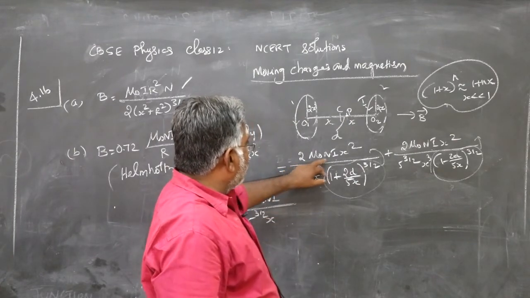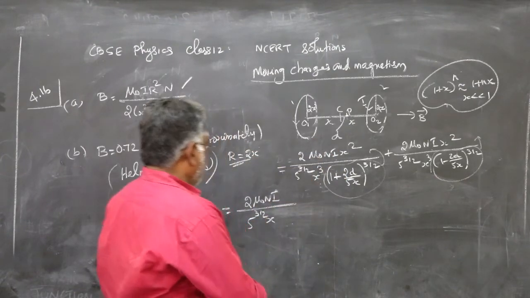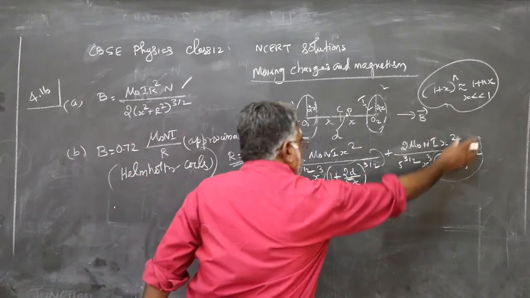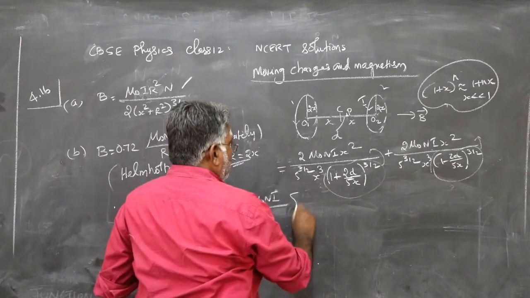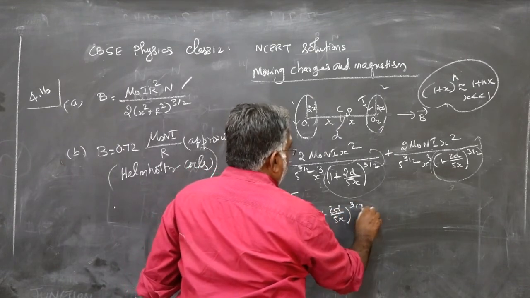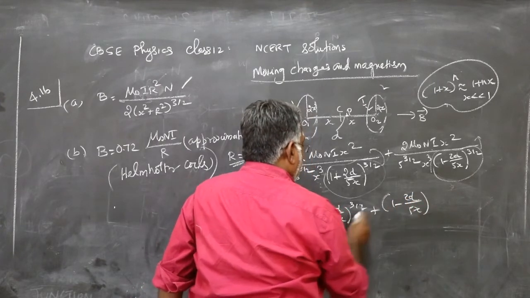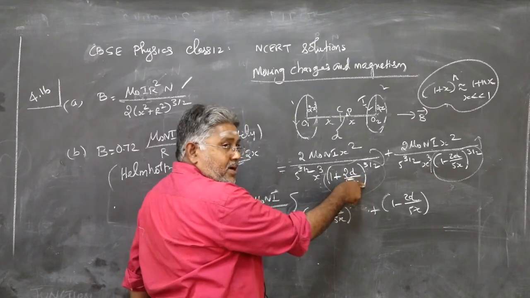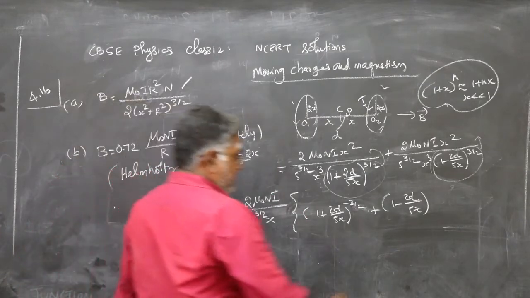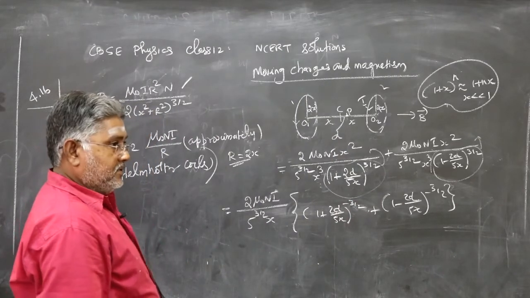After that, 2 mu naught ni x squared by 5 power 3 by 2 x cube will be constant. So that has been taken out. X square and x cube, so x I wrote. This has been taken out common. This should go to the numerator, this should go to the numerator. So you will have 1 plus 2d by 5x power 3 by 2 plus 1 minus 2d by 5x power minus 3 by 2, because when it is in the denominator plus 3 by 2, take it to the numerator minus 3 by 2. Here also minus 3 by 2, right?